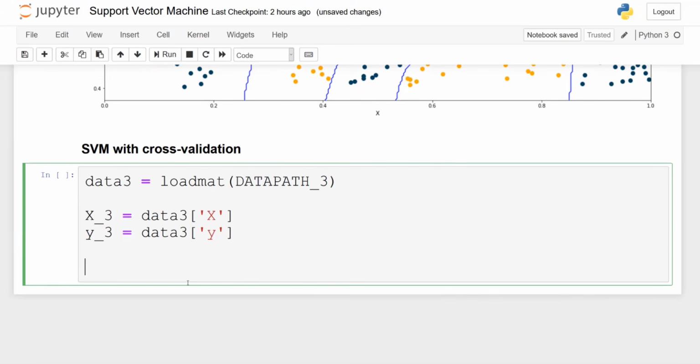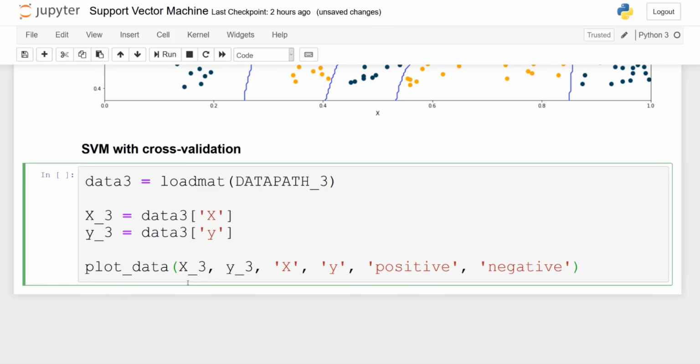And now we will plot the data using our helper function. So plot data, we pass in x3, y3. The labels will be the same, so x and y, positive and negative for the labels.